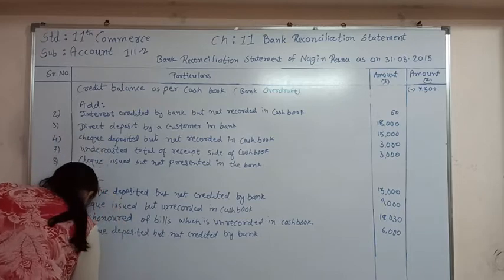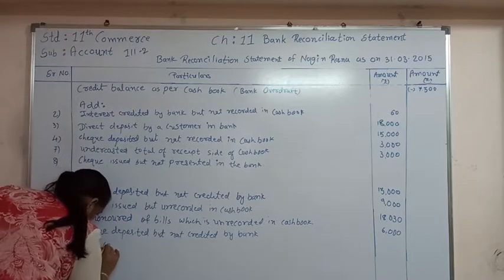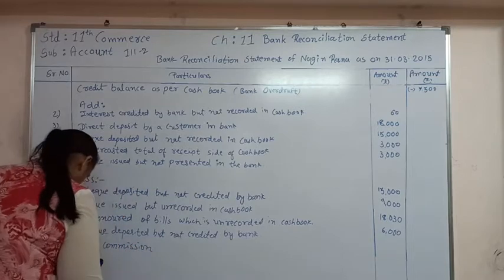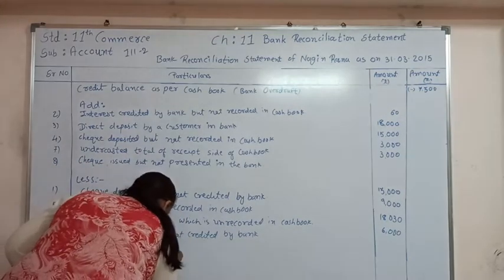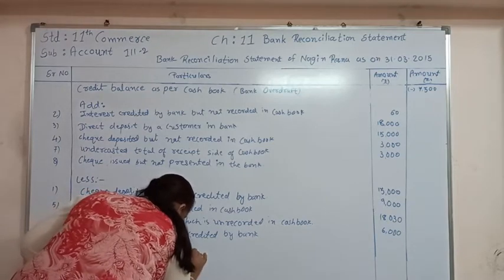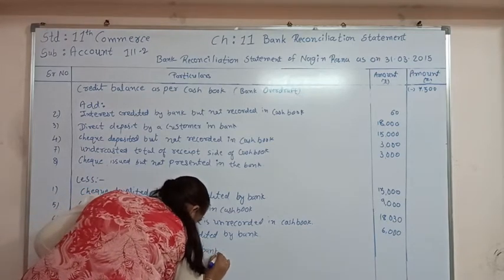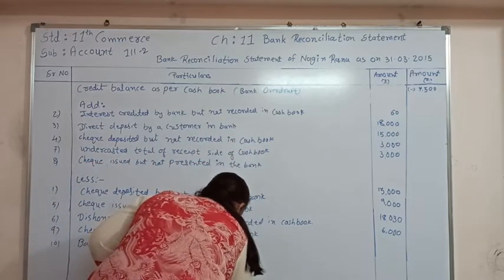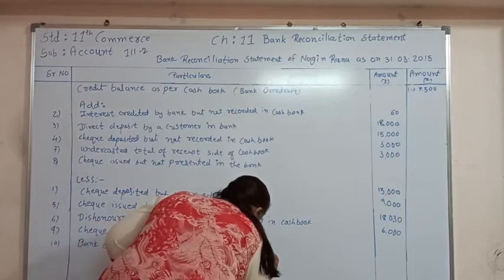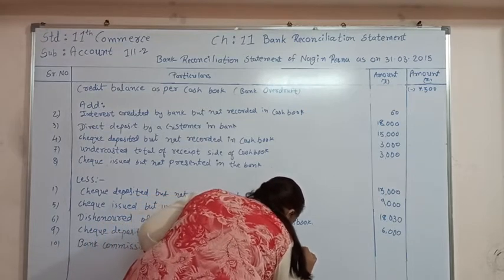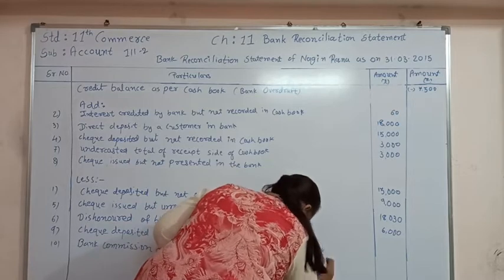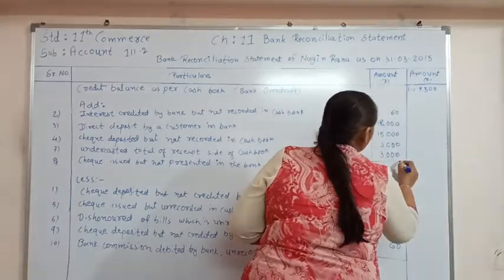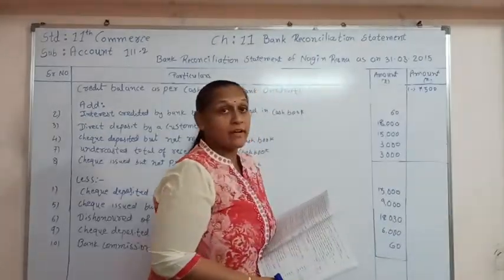Bank commission debited by bank unrecorded in cash book. So here rupees 60. So now we have to add all the amounts in a 7,500, but we have to